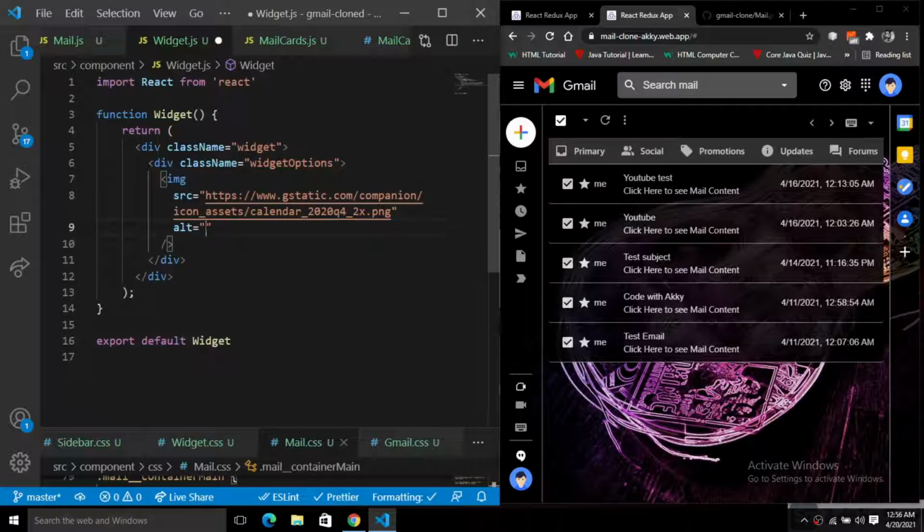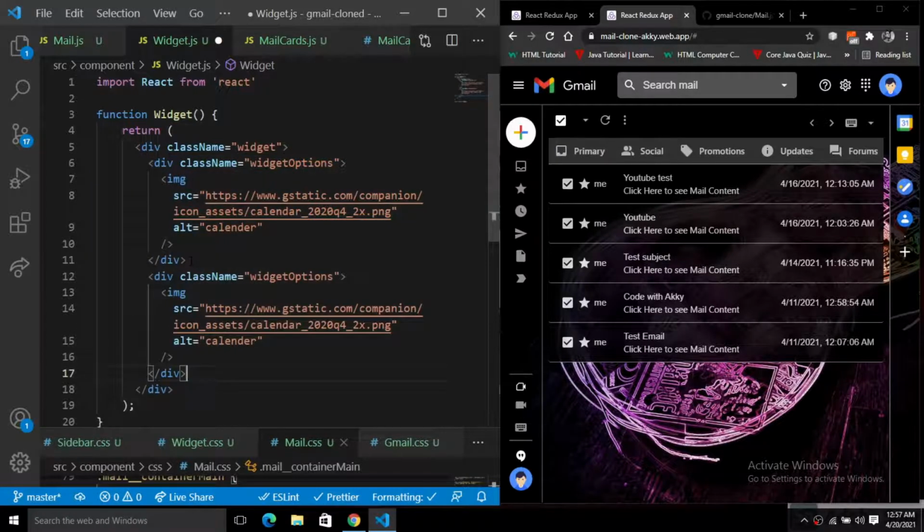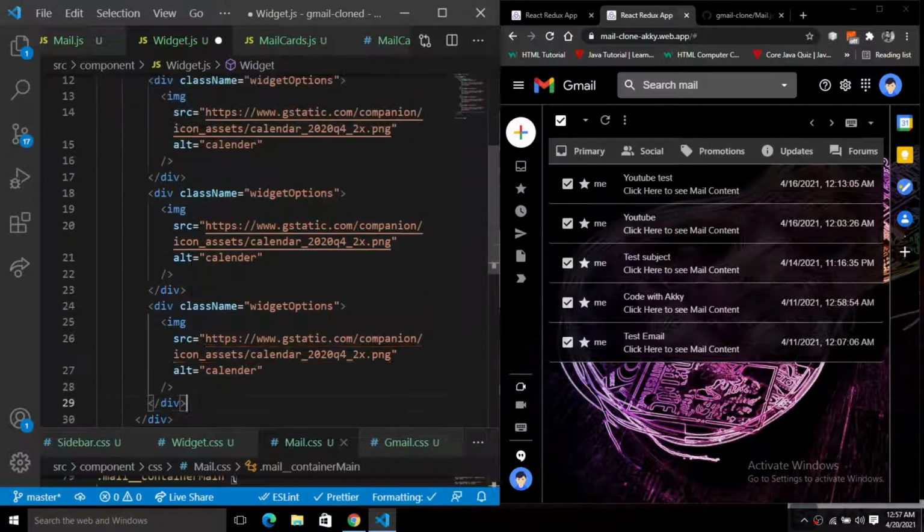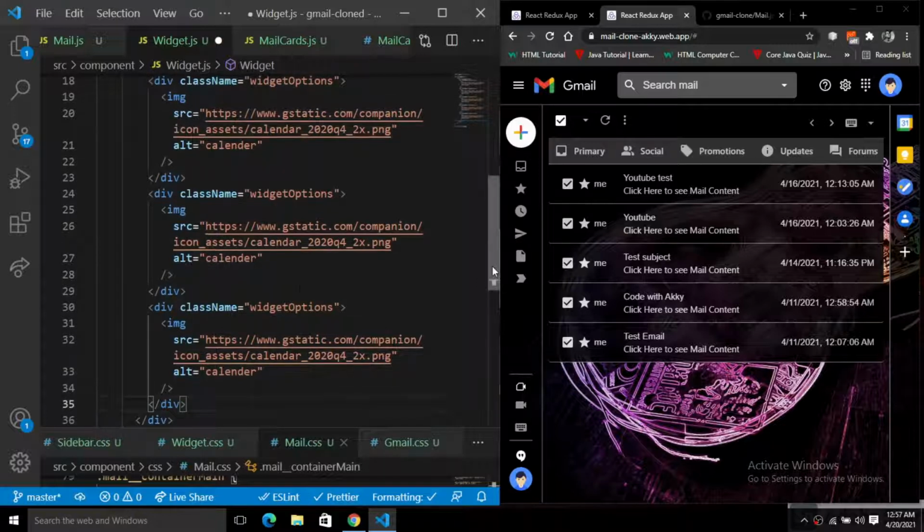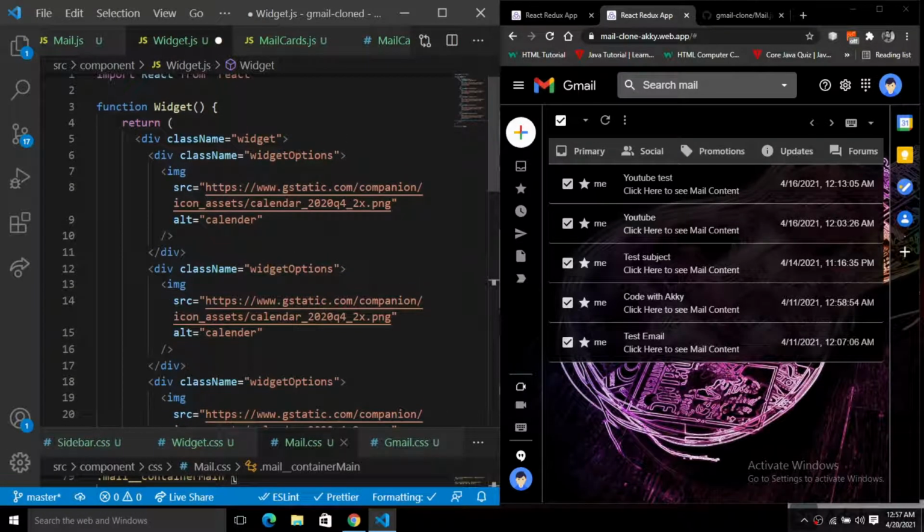For the alt, we have this calendar, right? So grab this and paste it, 1, 2, 3, 4. Okay, so four times, and the first one is the calendar.